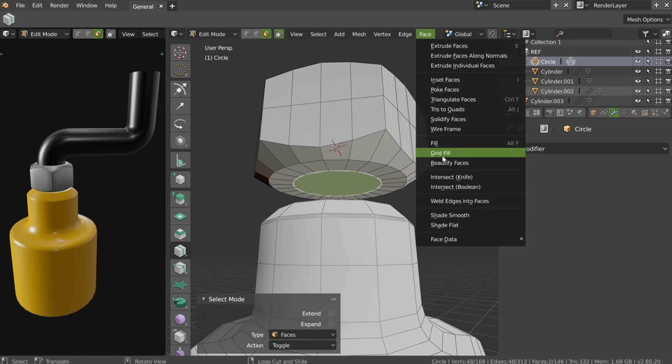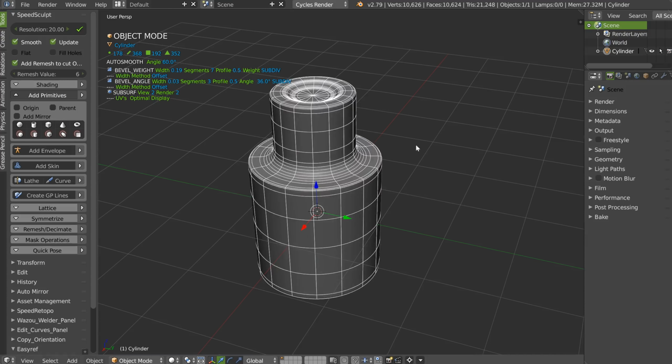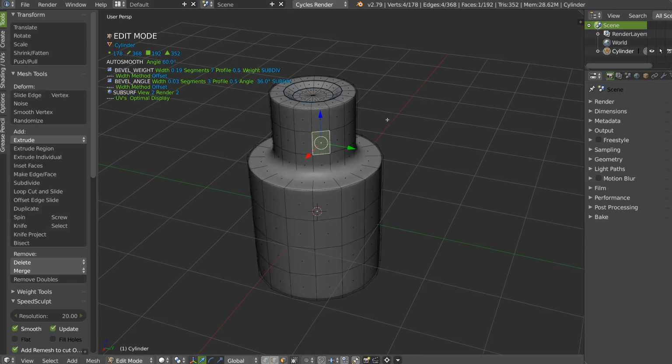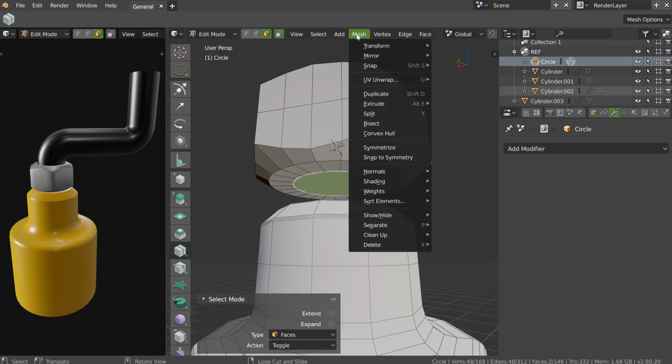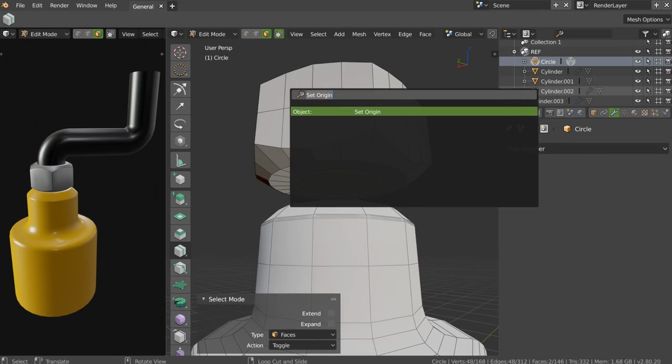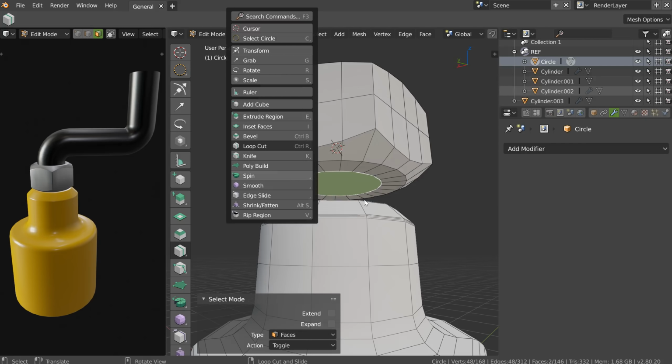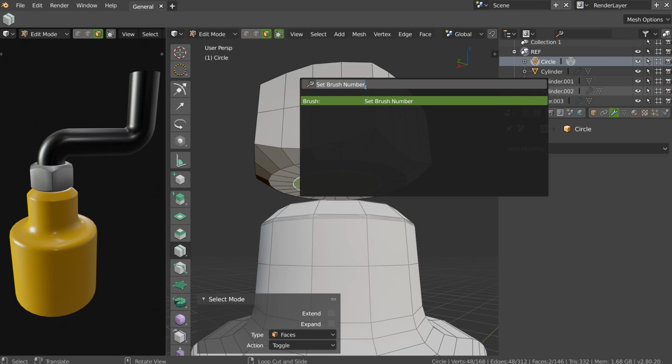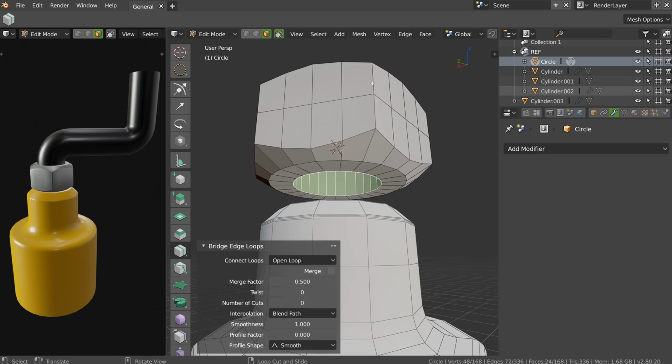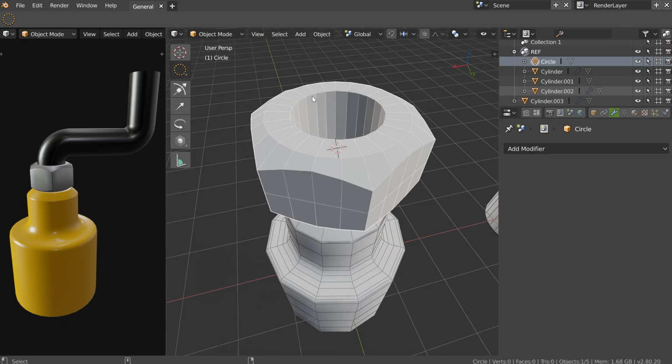Do we have grid fill? No, it's not grid fill. What is the name? Let me check. I will just select this bridge. Okay, so do we have a bridge in mesh? Let's search bridge. Normally, sorry, I will prefer to have a search directly without the options. Okay, and that works. Yeah, I'm happy with this.